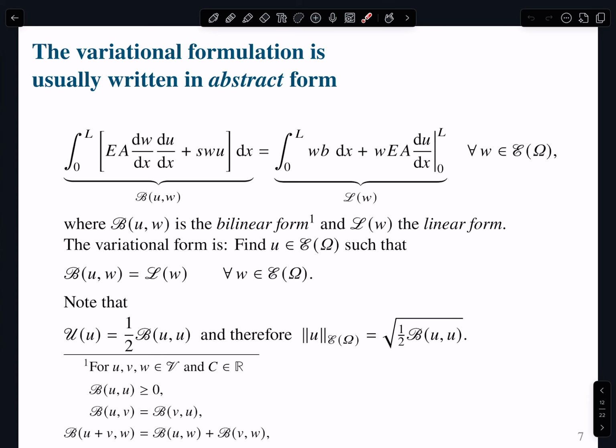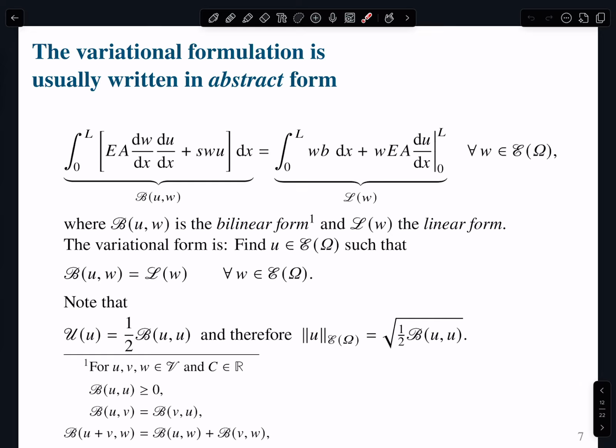This is very important because eventually, when we get to the discrete equations and want to obtain errors of the finite element solution, I can compute these quantities. I can compute them because the bilinear operator is going to translate eventually into my stiffness matrix for the problem. So I will be able to get that b of u comma u. One half of that is basically the measurement of that function in the energy space. That is the energy norm.